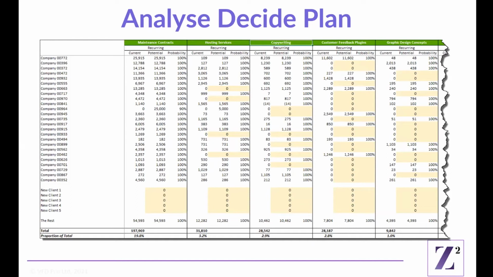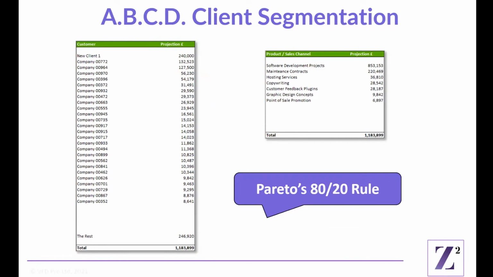Without a plan, all the analysis is potentially wasted. You need to understand where you are now, where you're heading, and what you can do to address the situation. So these are the customers you're going to sell to and the product or services you're going to sell to them. So remember Pareto's rule, 20% of customers will account for 80% of revenue and inevitably 80% of your profit. So your communications plan needs to start with the 20% of customers who are most likely to deliver 80% of the results. There's just one thing left in the gap analysis and cross-selling process.